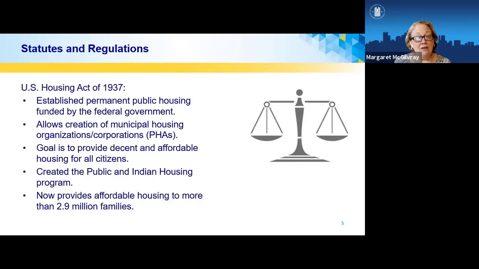Over the years, public housing has experienced many challenges, and as a result of these challenges, there's been a number of legislative changes since 1937. And more recently, the Housing and Urban Development Act, the Quality Housing and Work Responsibilities Act, and the Section 8 Housing Choice Voucher program all occurred. And actually, the Quality Housing and Work Responsibility Act, which is also referred to as QHWRA, was enacted in 1998